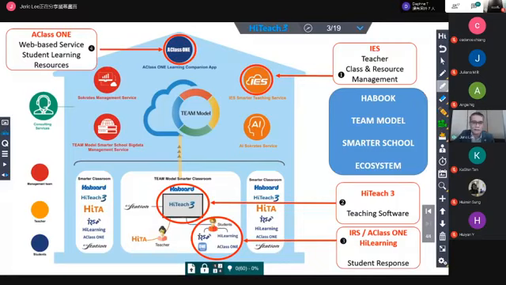The lesson that you have completed will transfer to what we call our web-based server. That means all your lesson materials and all your teaching records will be sent to the Team Model cloud. Once that is done, the Team Model cloud will then send all the materials up